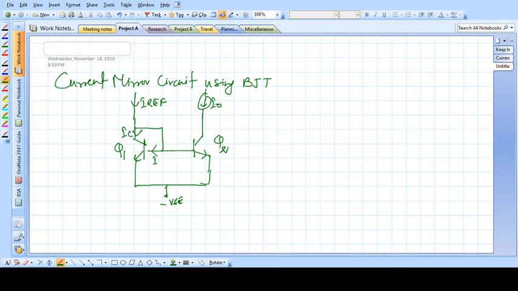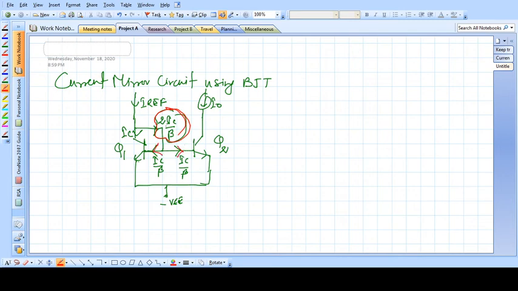So it should be IC by beta. The total current in this one should be 2 IC by beta. Is it clear? What I am saying is, this collector current is IC, this should be twice IC by beta, then IC by beta, IC by beta. One more thing, just connect this. So this current is twice IC by beta. This one is subdivided into sections IC by beta, IC by beta.